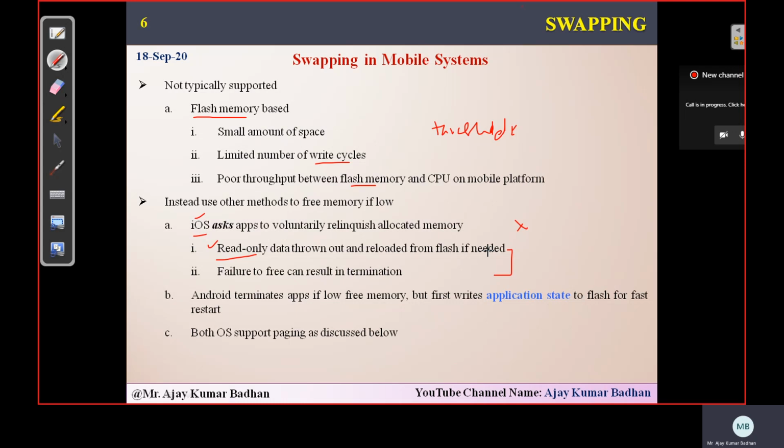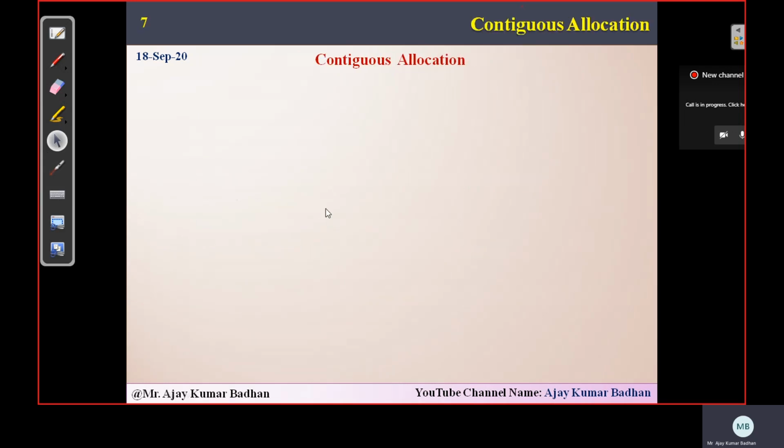What do you mean by that? It is occupying too much space in your main memory, that is RAM. The operating system, Android or iOS, makes sure that it is not consuming that much. It asks the application to vacate, meaning release some space, but the application is not able to do that. So Android immediately terminates that application. Even though you are using it, the operating system has simply terminated it. What is the reason? Simply to free the memory. That is the main purpose. So this is how swapping takes place in mobile systems.